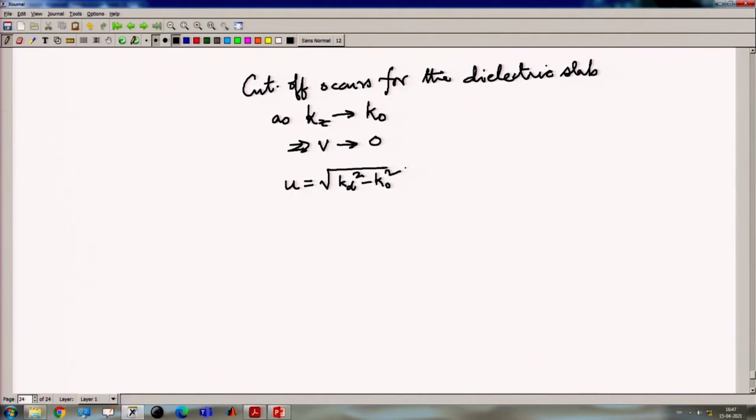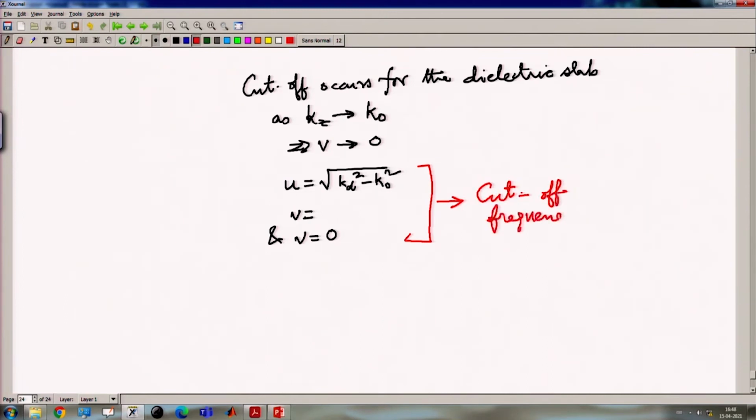Because k z is tending to k 0, therefore, look at equation 7, u will be equal to root of k d square minus k 0 square and v equal to 0. So, this constitutes the cutoff frequency of the dielectric slab guide. And when we substitute them in the characteristic equations, we obtain